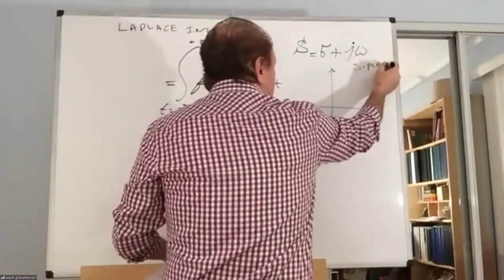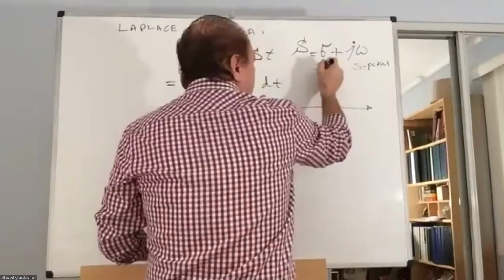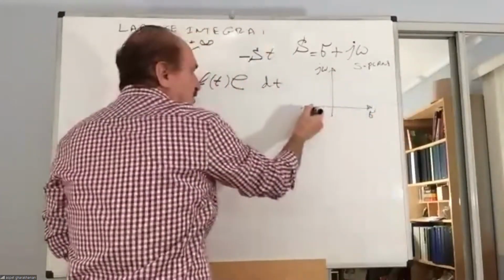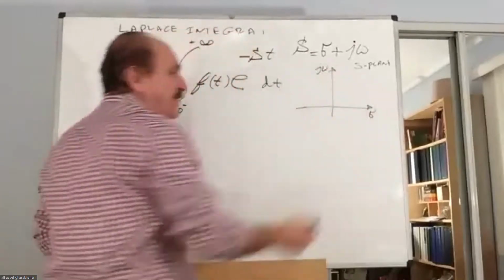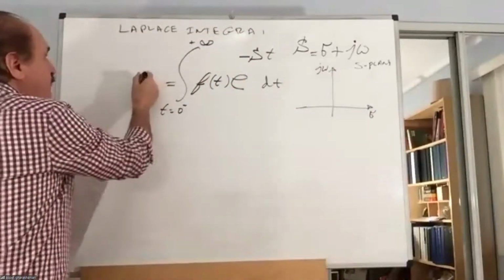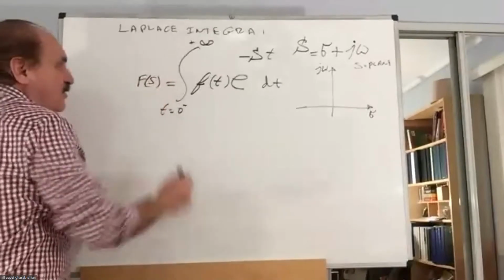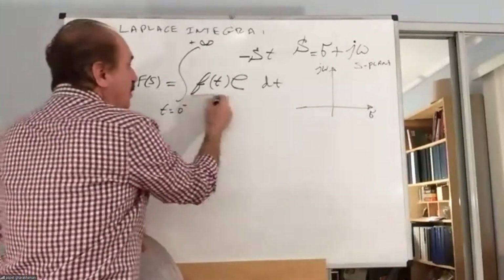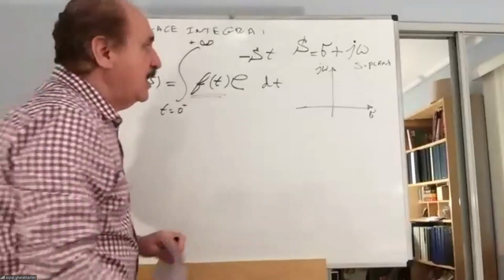S-plane. J omega will be the vertical, and the sigma will be the horizontal axis, the so-called real part, and the imaginary part of that. Now, the outcoming result from this integration, when it is performed on the function f of t, it takes the